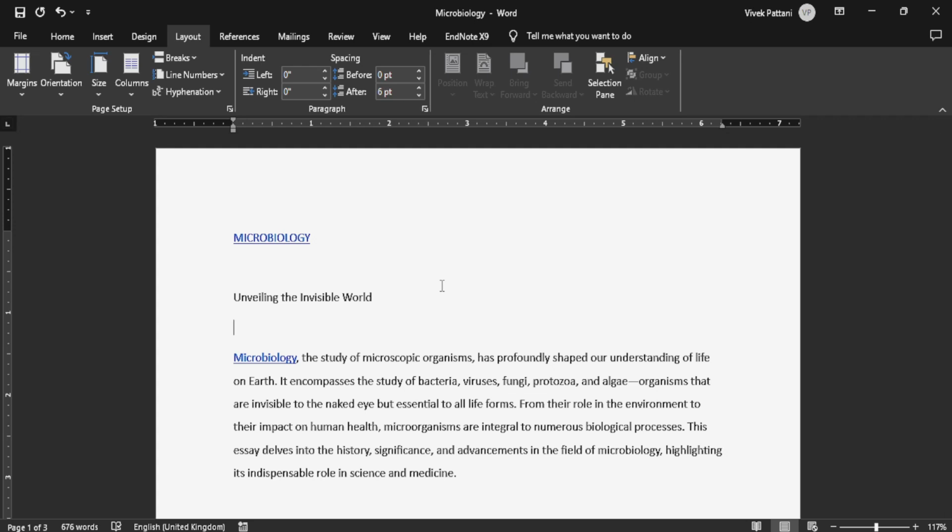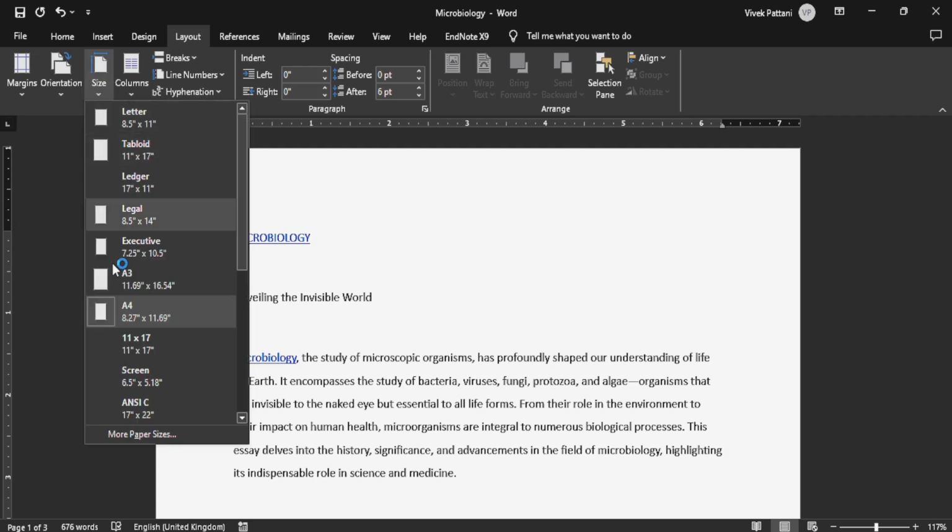Hello students, in this video we are going to discuss the layout tab of Microsoft Office Word. So let's start with the layout options, in which I am going to start with the page setup. For page setup, first you need to select the size. So let us start by selecting the page size of, let's say,